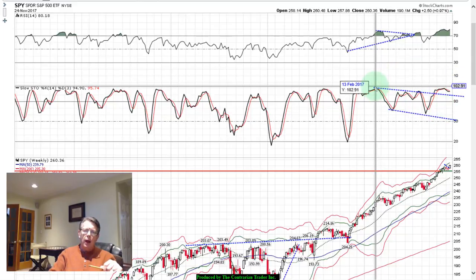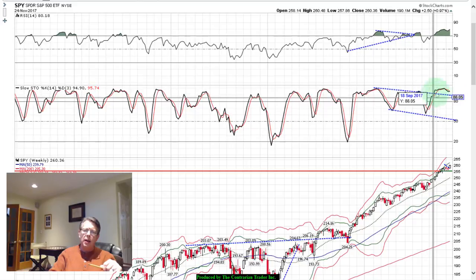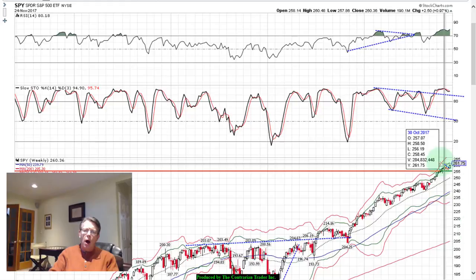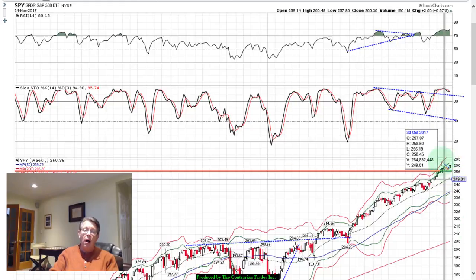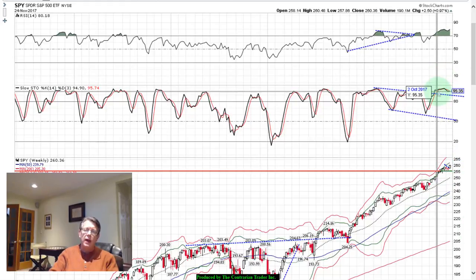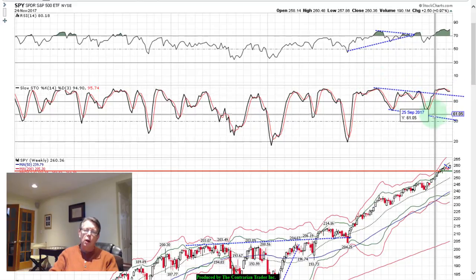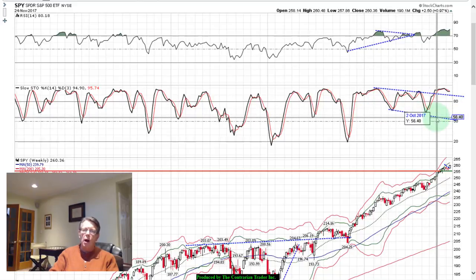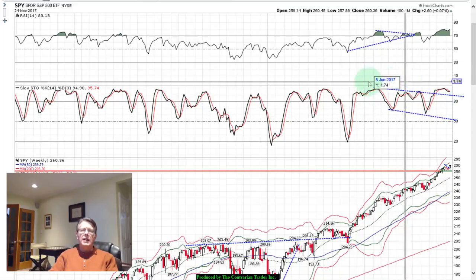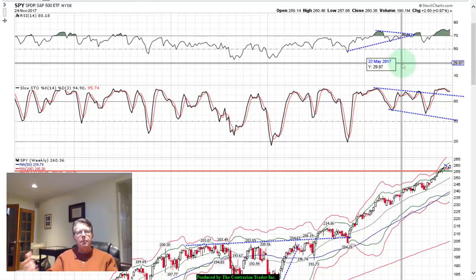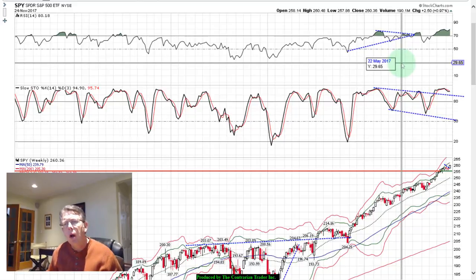You have a series of lower highs, but then we broke out. This is on the news of a tax deal. And we had this final leg, I believe it's a final leg, of this bull run. Because prior to that, you saw the stochastics actually break down to new lower lows. So we're putting in lower lows on the stochastics when we roll over now. That's a signal that the market was losing a bit of steam, but it was able to rally back due to all the chatter with regards to the tax cuts,